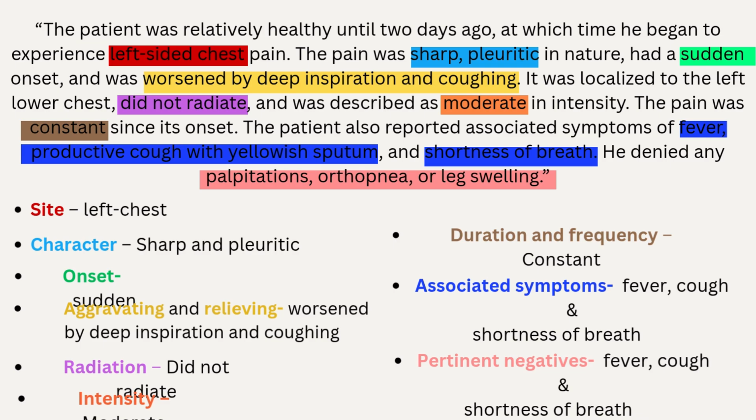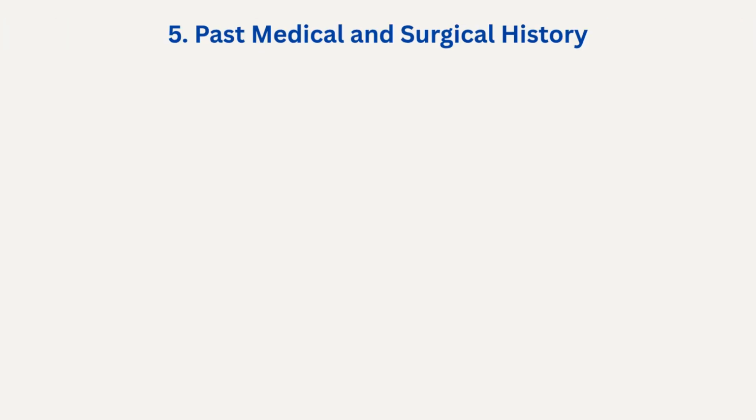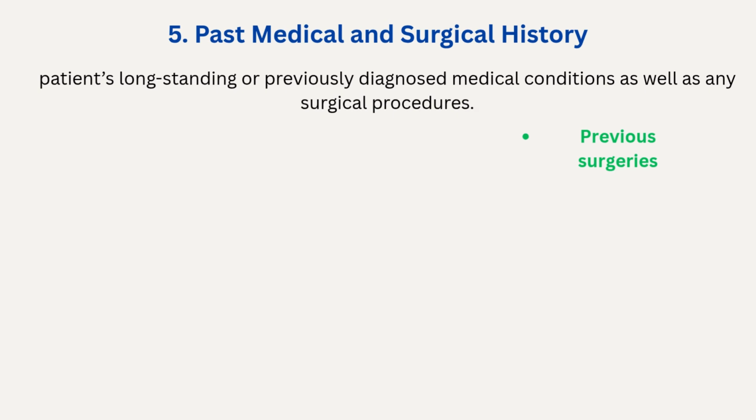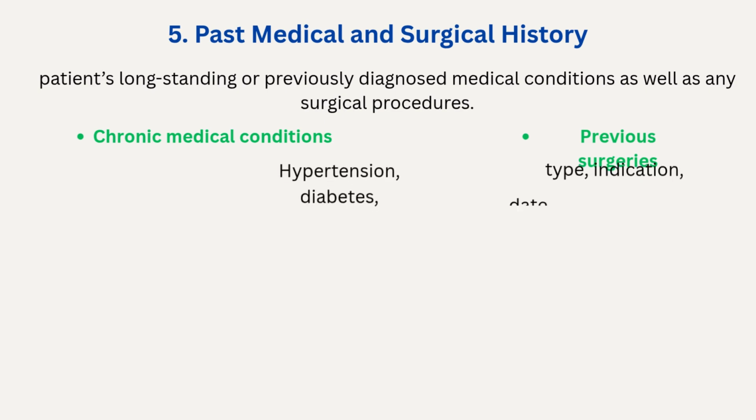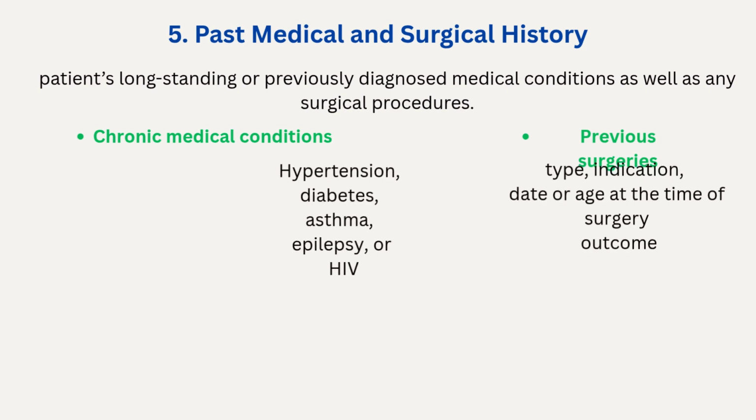Okay, let's go to the next part. Past medical and surgical history. This section covers the patient's long-standing or previously diagnosed medical conditions as well as any surgical procedures they have undergone. We ask about chronic medical conditions such as hypertension, diabetes, asthma, epilepsy, or HIV. Be sure to ask if the patient is on regular follow-up and whether they are taking